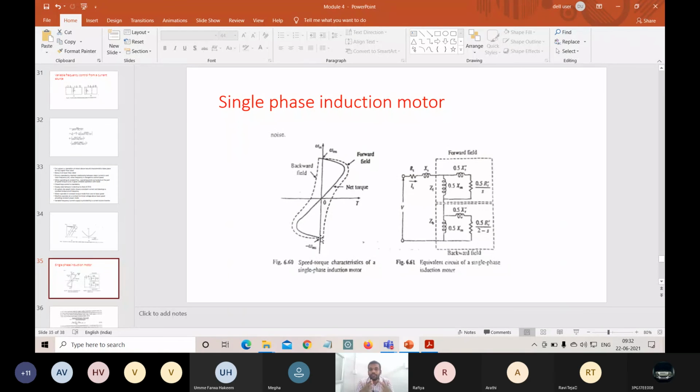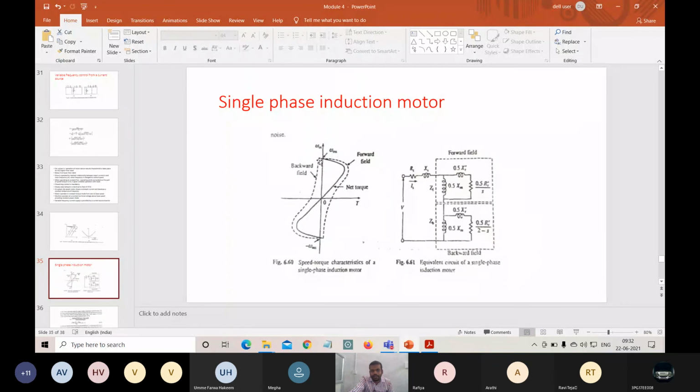For that purpose only we are using different starters. Why are we using starters? Because at the starting, the current and the voltage will be maximum. If you suddenly pass this high amount of current, the windings may collapse or get burned. So for that purpose we use starters in order to limit the starting current. Let's leave that part. So this is our backward field part.